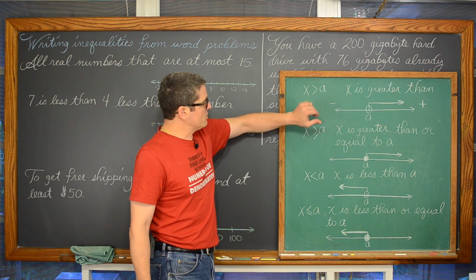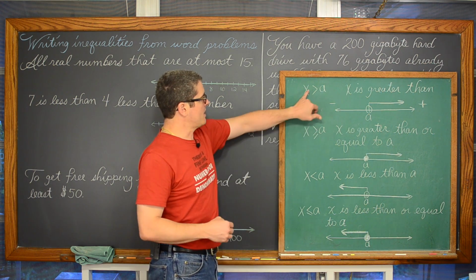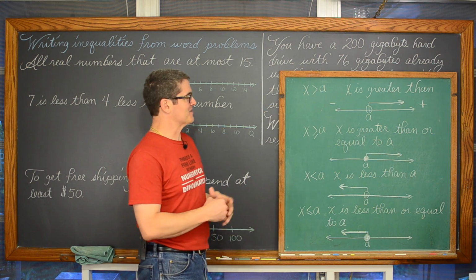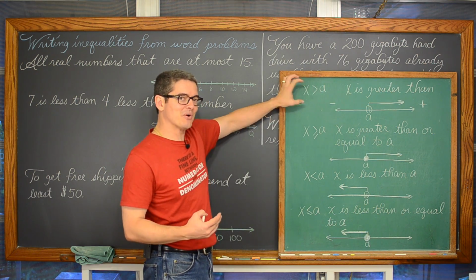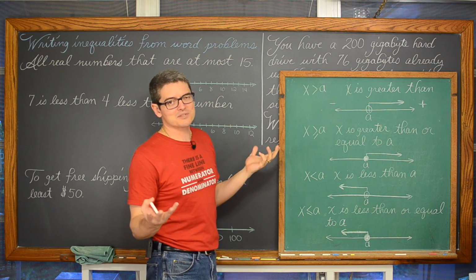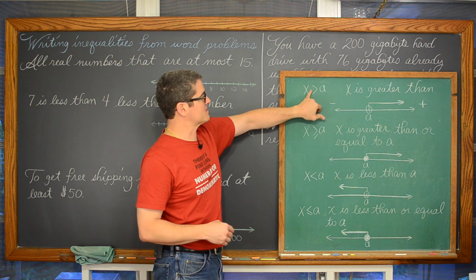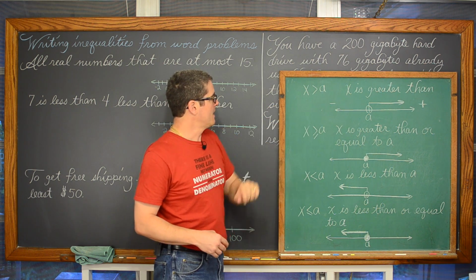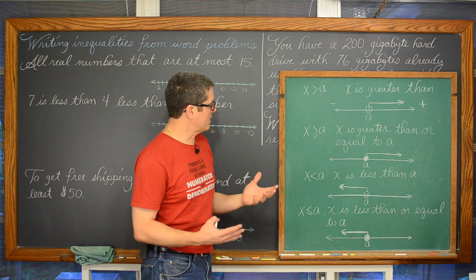And when you're looking at inequality symbols, the open side, if you want to think of it as a mouth and it's wanting to eat, it's going to go towards the bigger number, whatever works to help you remember it. So this is going to be X. This is the open side of the inequality. So that's the greater than part A. And okay, so what do we got going on here?